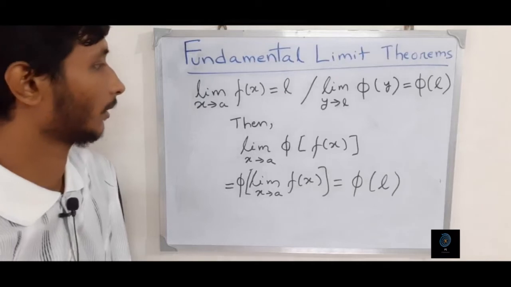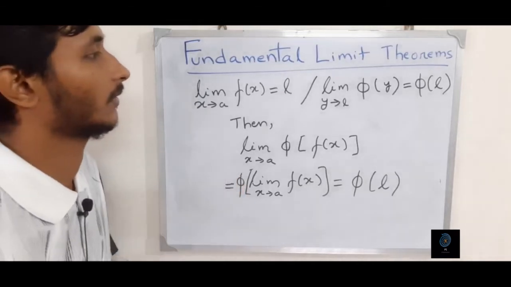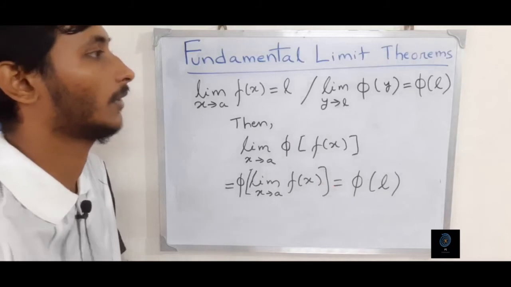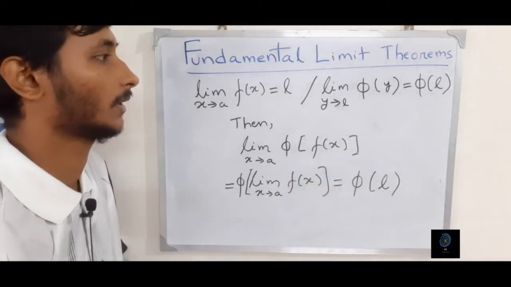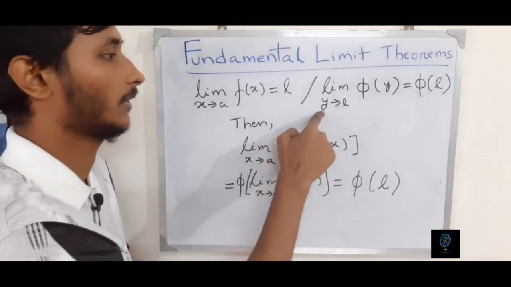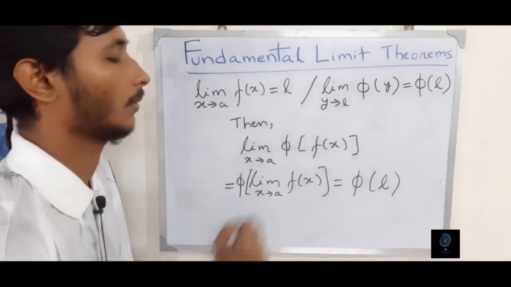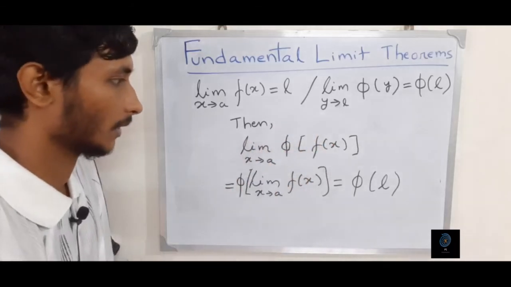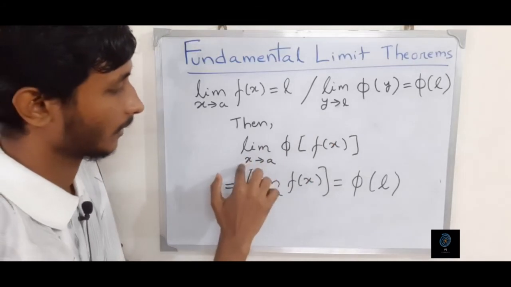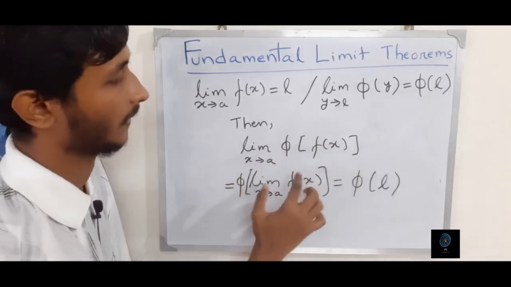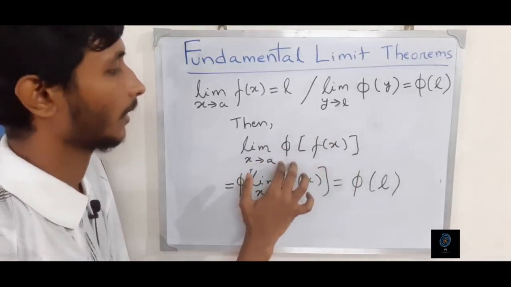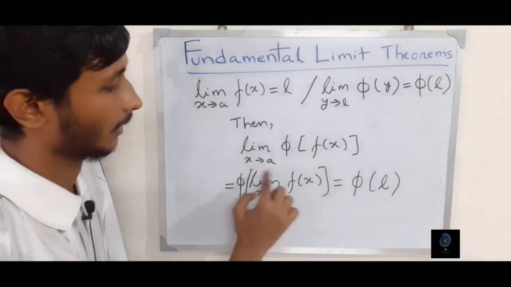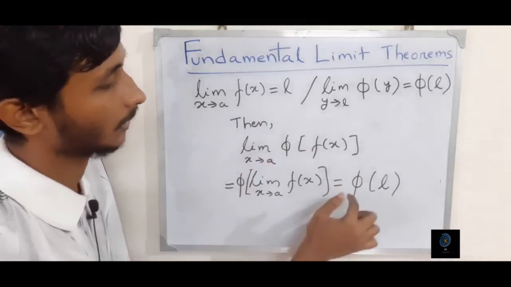Now this is another property, that if we have limit x tends to a f(x) equal to L and limit y tends to L, phi of y equal to phi of L, where phi is a real valued function of this variable y, where y is also a real valued variable, then this is a property of composition. Understand this carefully. Limit x tends to a phi of f(x), then what we can do, we can bring phi out, put limit inside this, and as we know limit x tends to a f(x) equal to L,